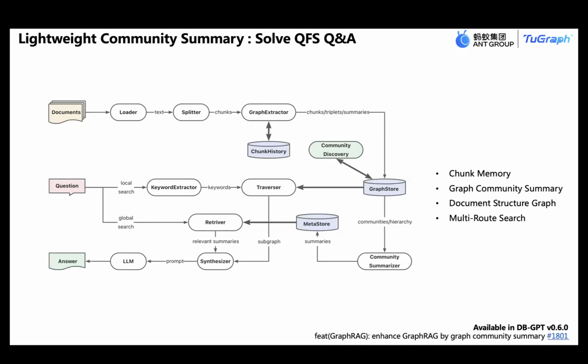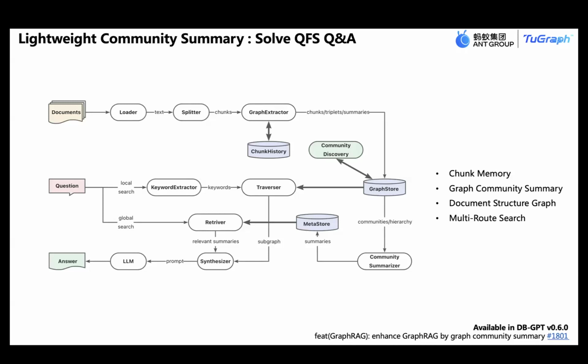And we add a third one: we add a document structured graph to the knowledge graph. And last, we use multi-route search to search the triplets information from the graph store and the community summary information in